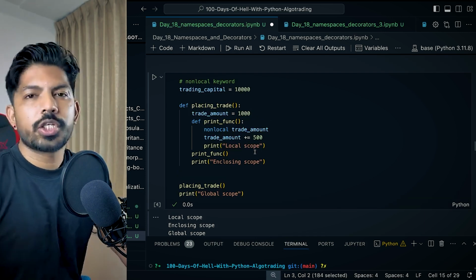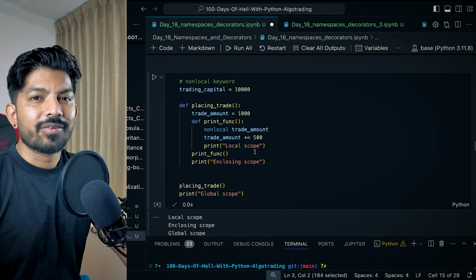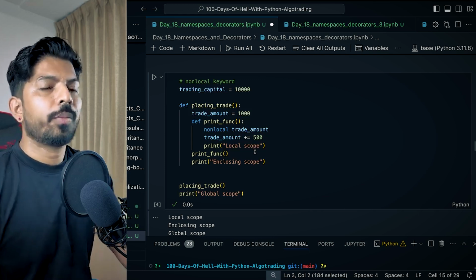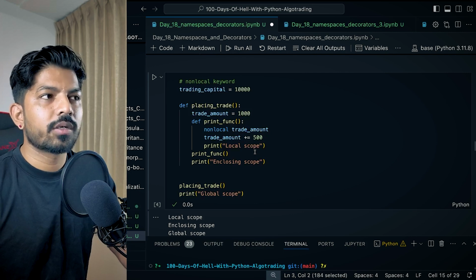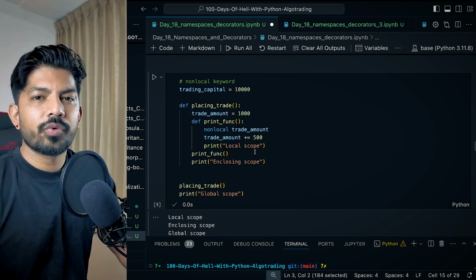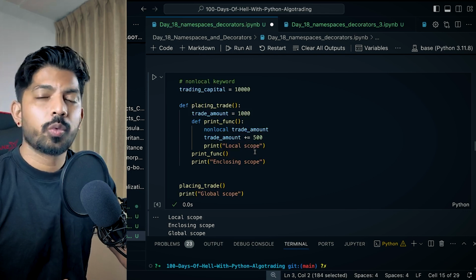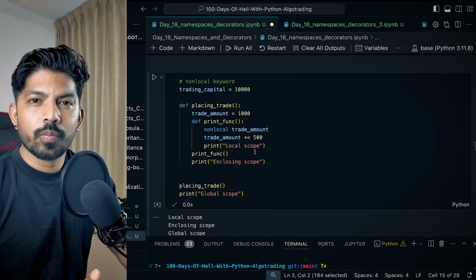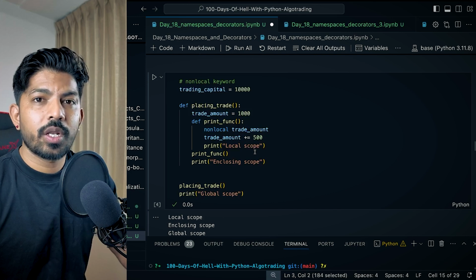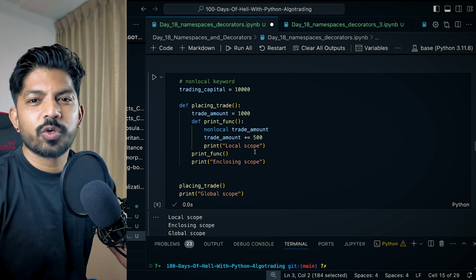So that is it for this session. And I think the last topic, which is decorators, we will cover in the next session. And then we'll be done with the Python core concepts. And I think we have covered this Python core concepts very clear with a lot of examples, with a lot of multiple choice questions, with a lot of projects and mini projects. And I think if you complete all these, basic Python is good, then you will always have an upper hand on all the other teammates for sure, right?